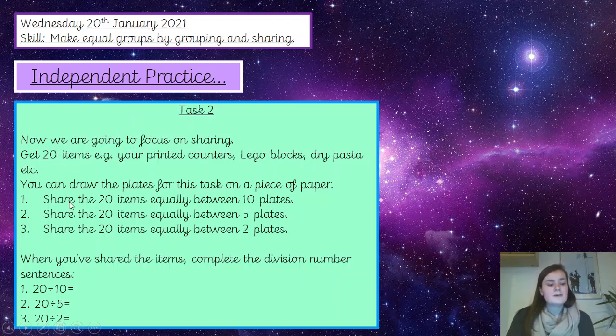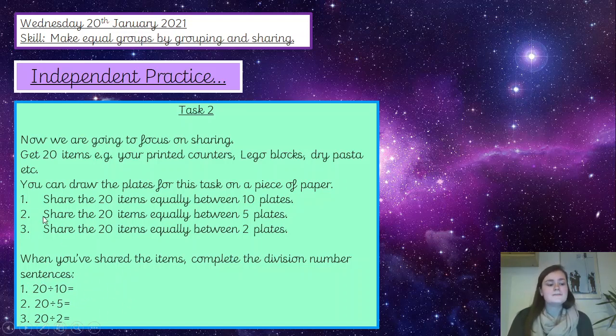And for the first one, you're going to share 20 items equally between 10 plates. Now you could actually get 10 plates if you want to, or you could just put out 10 pieces of paper, or just imagine 10 different plates if that's easier for you. Then into your book, 20 divided by 10 equals,